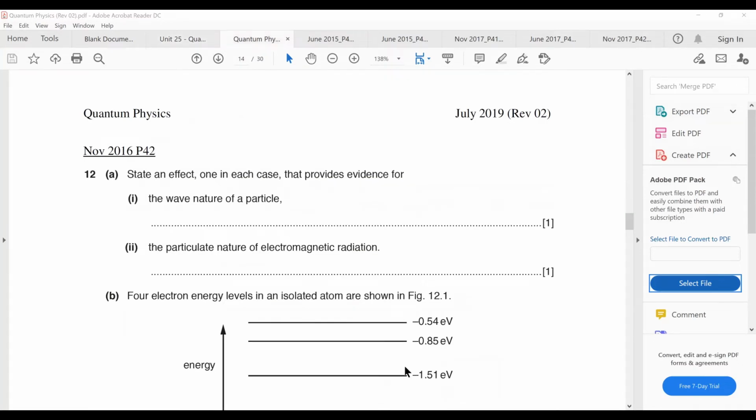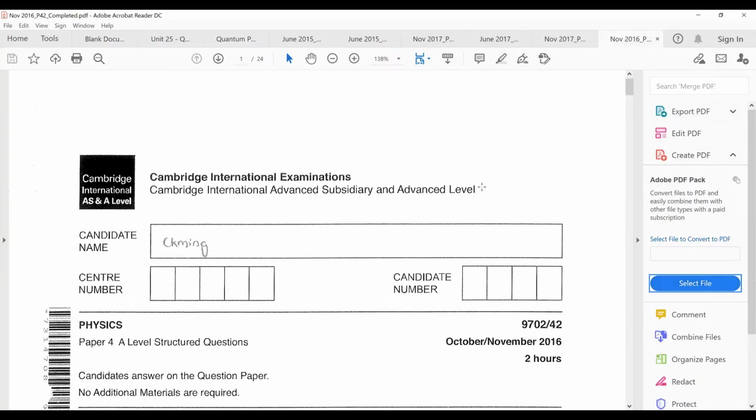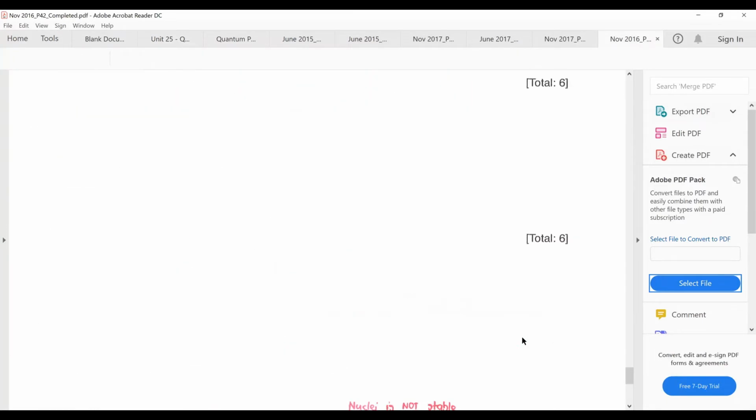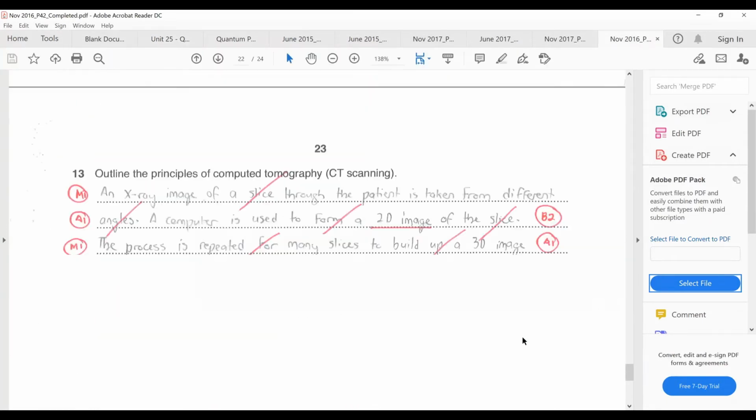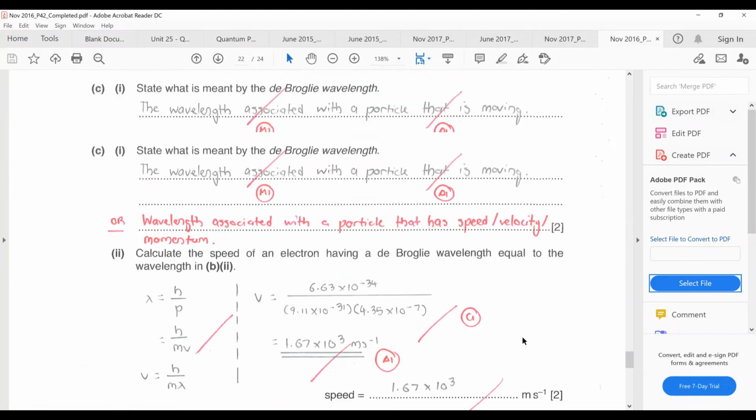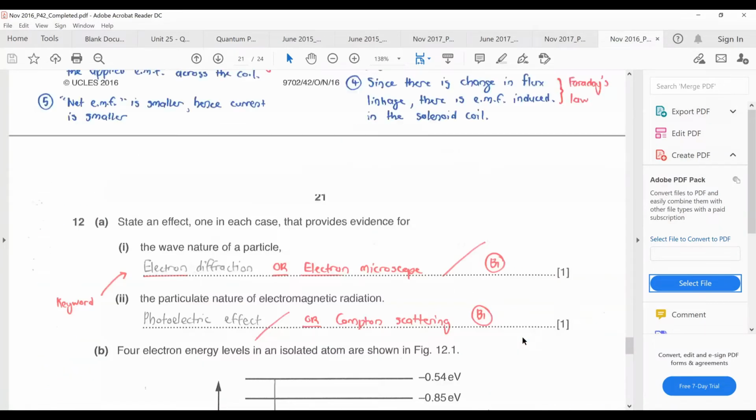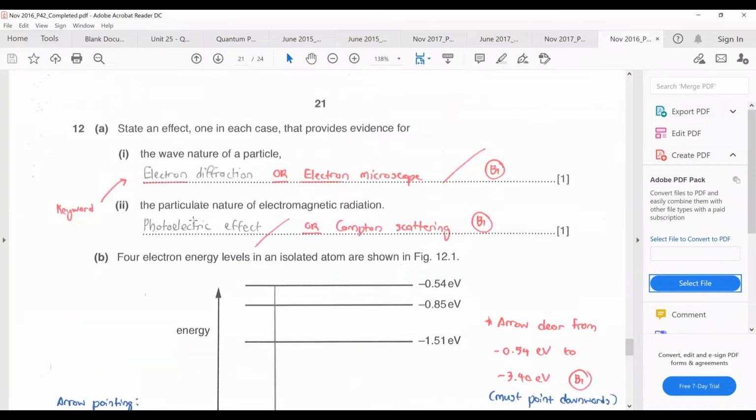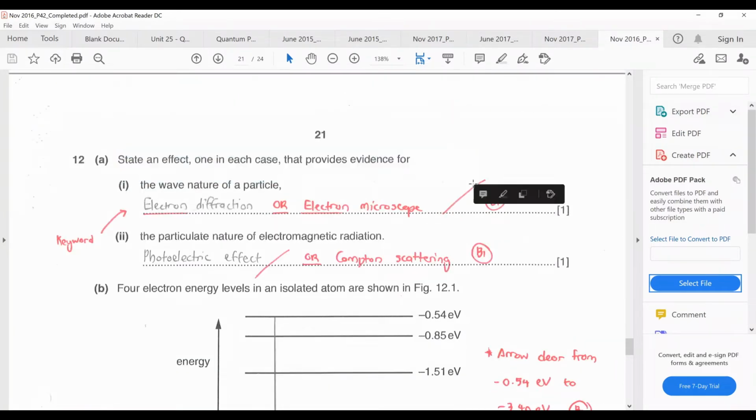Okay, now number 16, P42. Question 12A. State and explain one effect in each case that provides evidence for the wave nature of a particle and the particulate nature of